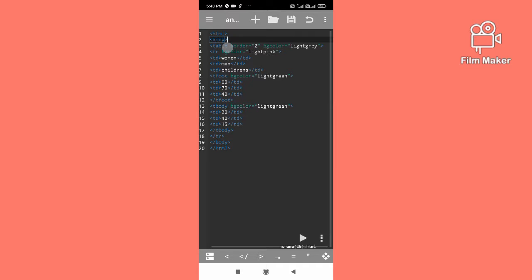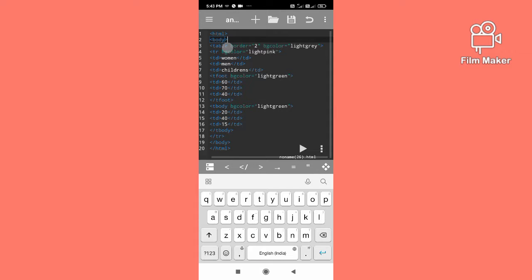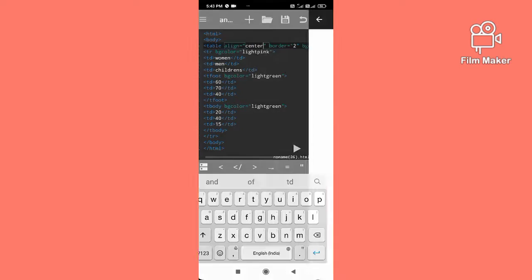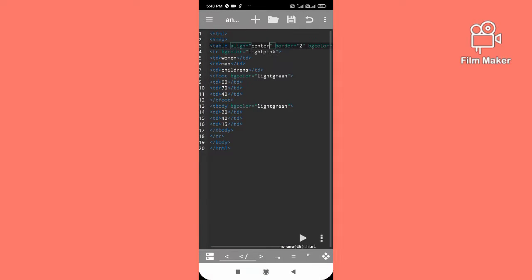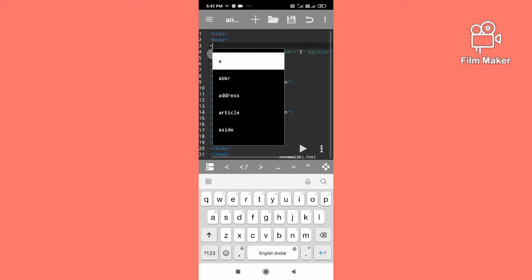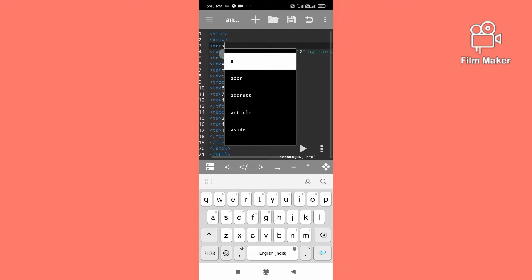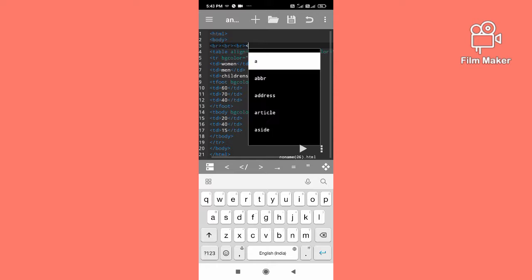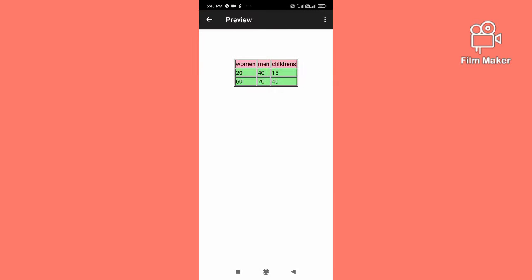Now if you want, first I'll write this table a little at the center. So I'll use one tag which I've already told you in my previous video, which is align equals center. Okay, so it's coming at the center, and also apply break so that it comes a little lower. So I'm writing break. This also I've explained in my last video. Please see it, it's very useful. If you don't know anything about HTML, then this video will surely help you.